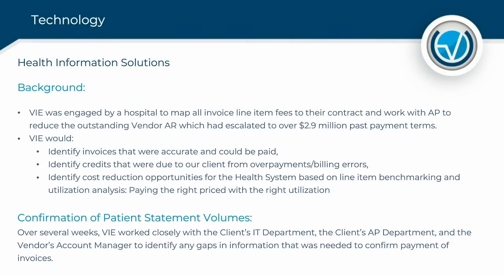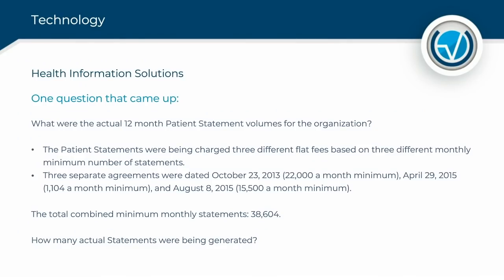So this is a really good example of mapping for a health information solution. We were brought in. They couldn't get their hands around the volume of invoices and reconciliations each month. So we were looking at the invoices, what could be paid, what credits were from overbilling, and then cost reduction opportunities. So what came out was just one patient statement, which doesn't sound very expensive, but when we looked at,